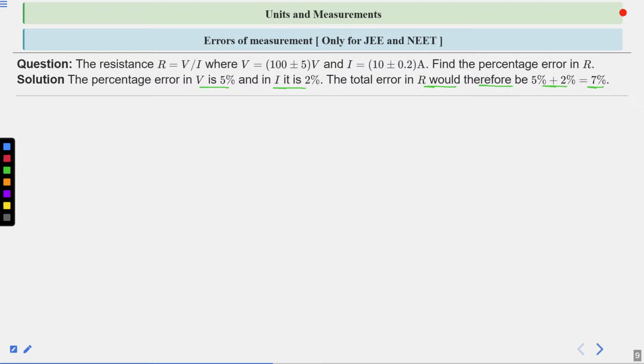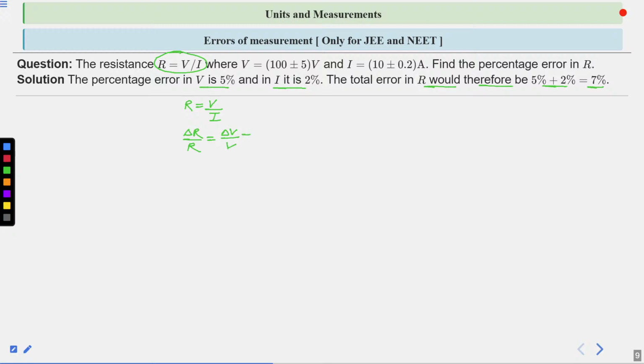Okay, look here. We have to find out the percentage error. That is, R is equal to V divided by I. How can we calculate the percentage error? So the formula is R is equal to V divided by I. First of all, we calculate the relative error. To find the relative error, we will use the rule of division. So delta R divided by R, listen carefully, is equal to the relative error of V, which is delta V divided by V,